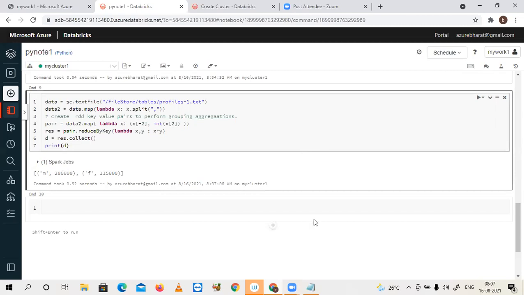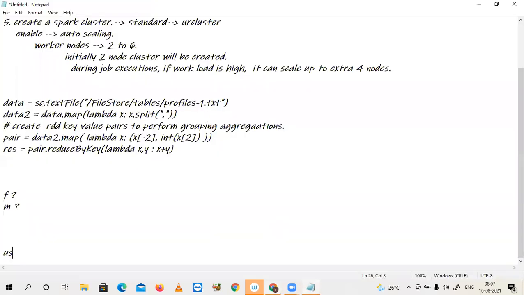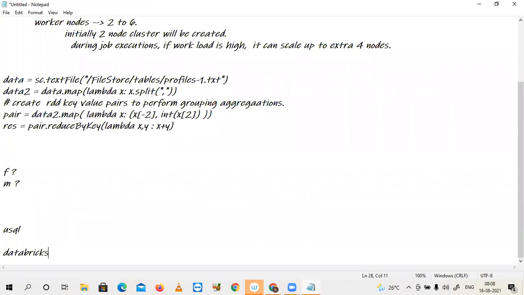Industry is ready to bear that cost, but still some jobs will be in USQL. Actually, USQL is one way and Databricks is another way to perform your processes. But I observed some companies carry out 20 to 30% of their work in USQL, and the remaining 70 to 80% in Databricks. What might be the reason? Can anyone tell me why, even though Databricks can do all the things, they still go for USQL for some jobs?